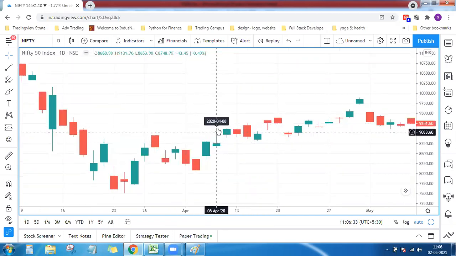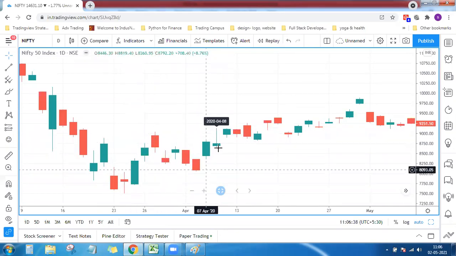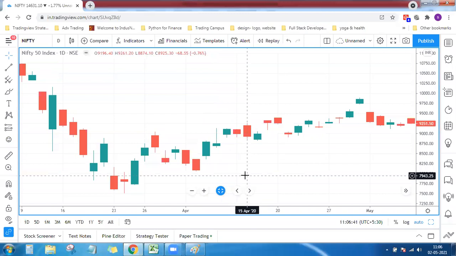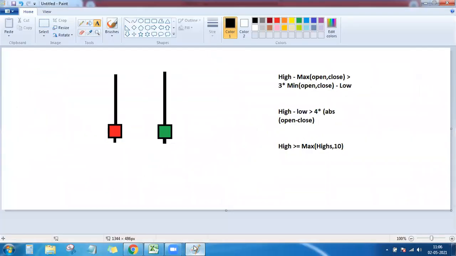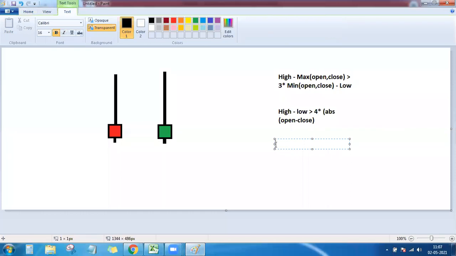Here it is. This particular high, if you see, it is greater than the past 10 candles' high. So like this, you can spot a shooting star. Now, for inverted hammer also, these two conditions would be the same. What changes here is the low price. This time, because we want an inverted hammer to appear at the end of a down rally, we'll be looking at the low price. We'll be comparing the low price here. So current low should be less than or equal to the minimum of lows of the past 10 candles.